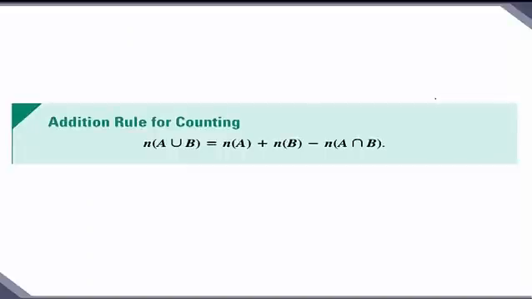We know that the number of things that are in the union of two sets is equal to the number of things that's in the first set plus the number of things that's in the second set minus the number of things that's in their intersection. And I think it's much easier to see this from a picture. So here's A, here's B,